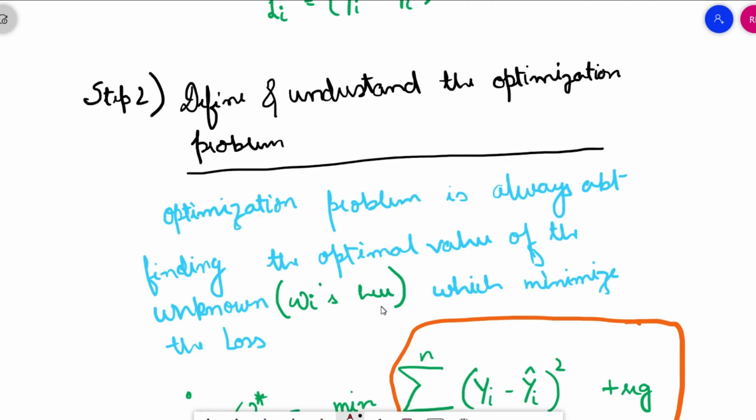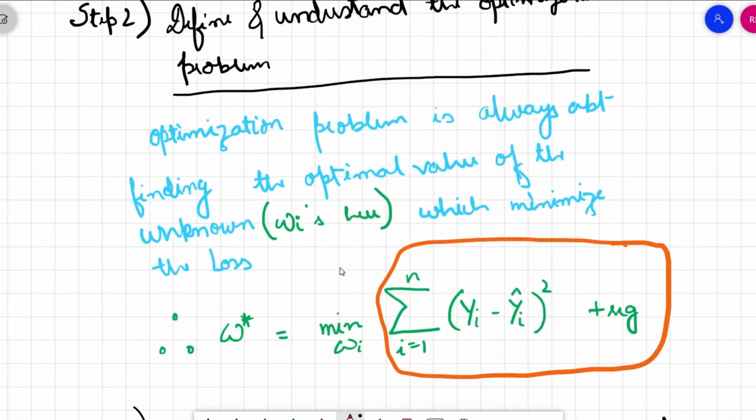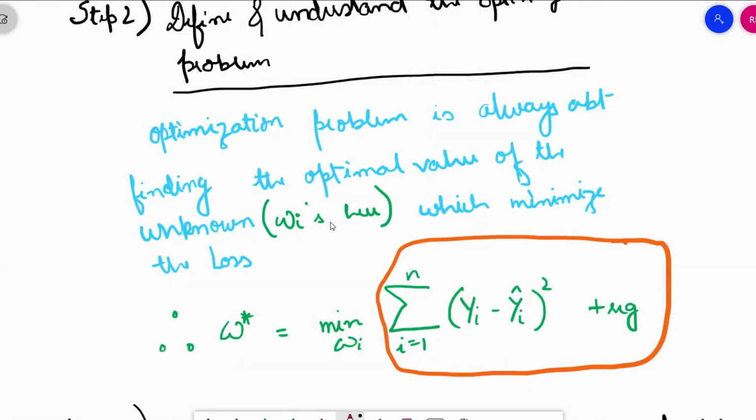So what do we have as our unknown in this model? Our unknown here is w, because we have already seen that our output coming from our identity function is of the form y equals w transpose x. So w is the unknown over here, which will have, let's say, d components if your data set has d features. So this is the unknown over here.